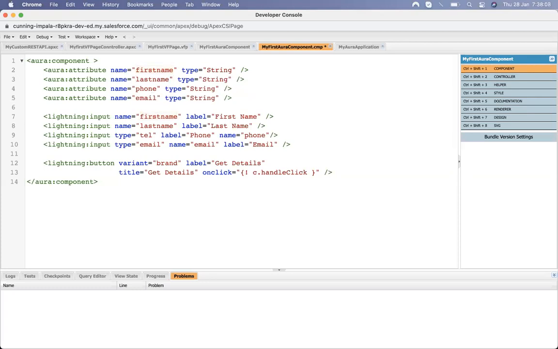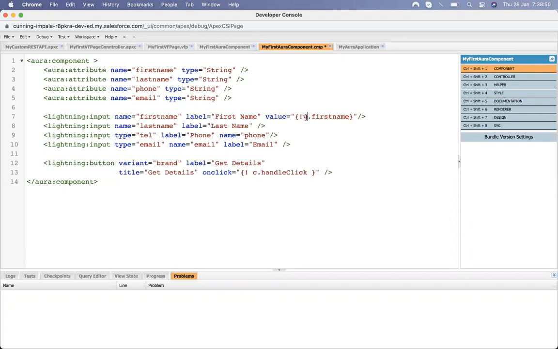Okay, I declare four variables to capture these four input values. In order to capture those four input values, we need to bind those variables to this input. To bind, we just use a tag called value, and it's quite the same as what we do in the VF page. On the VF page we also use this format with the direct variable name, but here we have to use v, which is called the value provider, and here c is the controller.